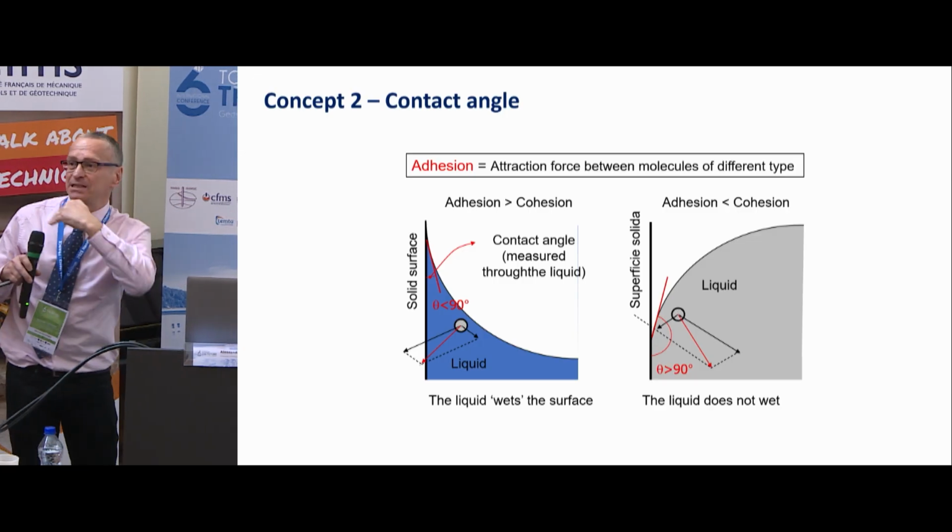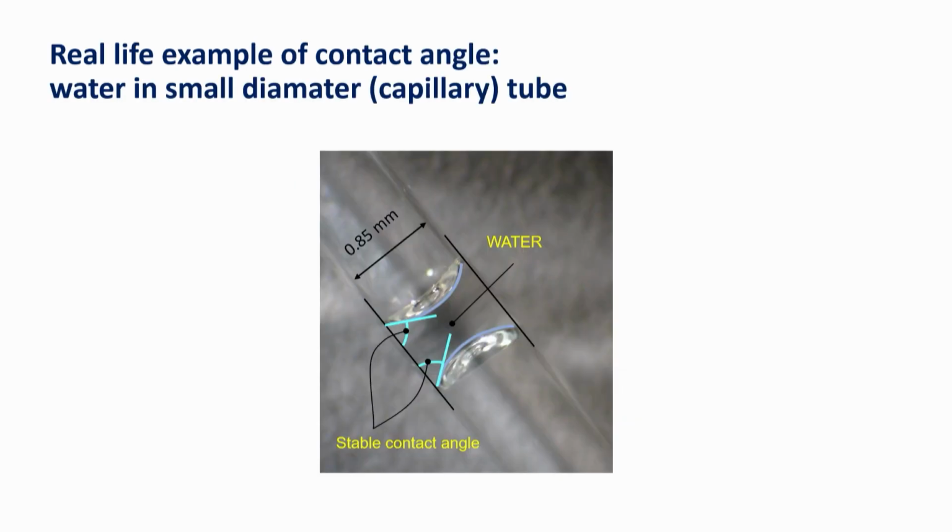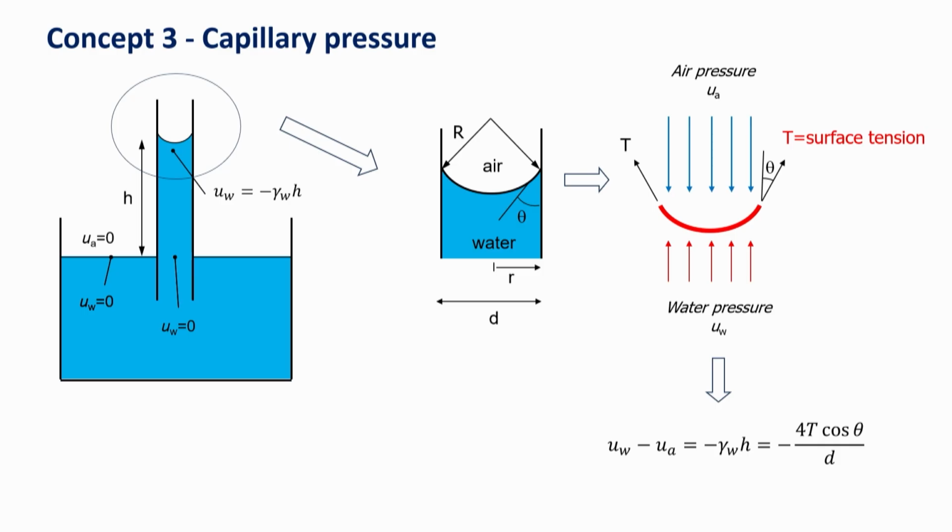Second story, what happens to that interface when you are in contact with the solid surface? Because of the adhesion forces, you are bending in this way. So that's a drop of water in a capillary tube, not microscopic, this is almost 1 millimeter diameter. And you see that the interface is curved. What if you put those things together, starting from an example we are all familiar with, possibly even from high school, that is the capillary rise. So we focus on that meniscus.